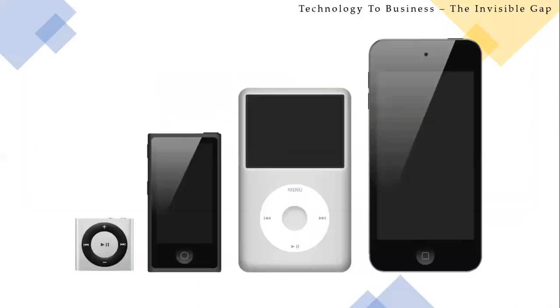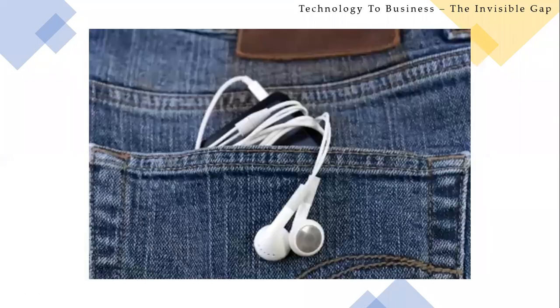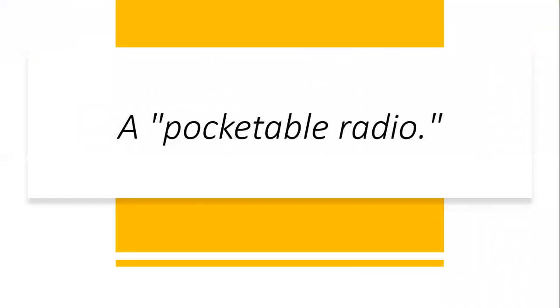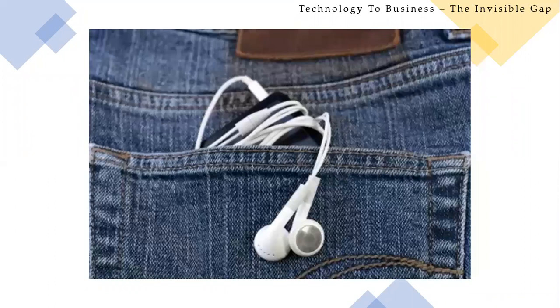In the same way, you know what this is? And who built this? I'm pretty sure you know this. Steve Jobs. iPods. Yes, iPod. Do you know what his statement was? If you've seen the movie, you know what he tells his daughter. I think 1,000 songs in one device. Yes, I want to put music in your pocket. That's what he said, right? 1,000 songs in your pocket. This image kind of represents that. I want to put music in your pocket. Like Masaru Ibuka said, I want to create a pocketable radio. He said, I want to put music in your pocket.